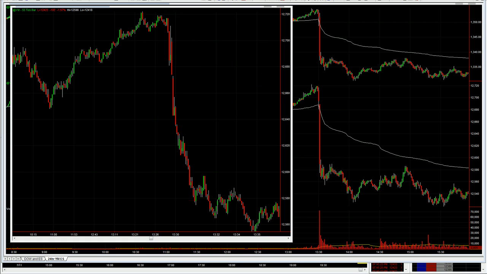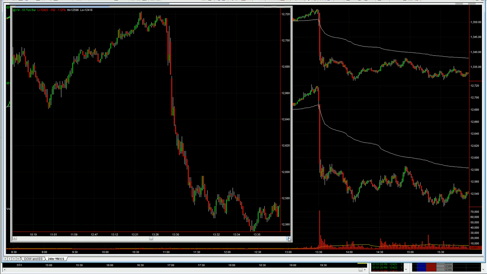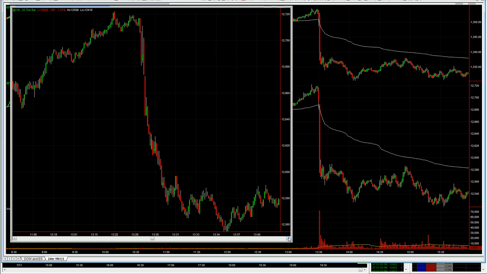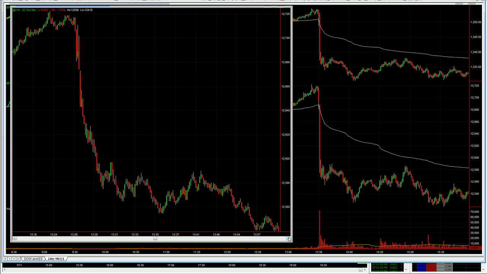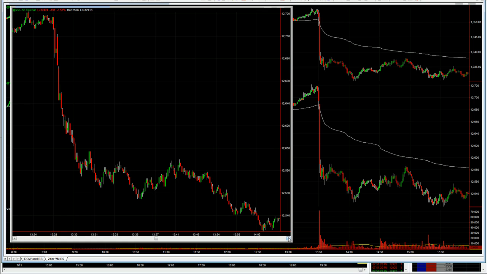I'm going to have to get rid of the screen draw on this and scroll this along. Come on. Okay, there we go. Now, the deeper pullback on the 1 minute, let me get my drawing pen out, is this. This is the deeper pullback here. Taking 5 or 6 minutes to counter trend, finding it struggling to push any higher, and then rolling over.